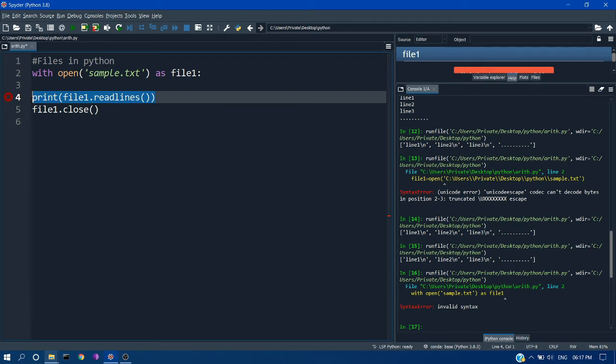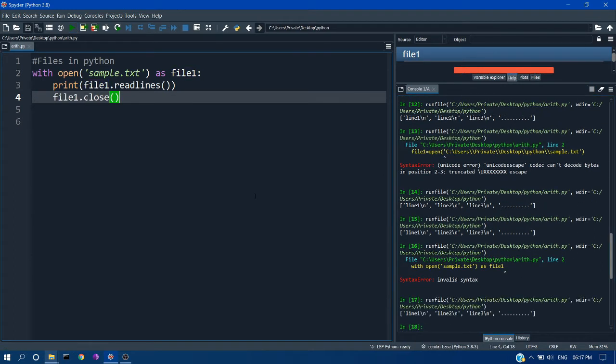It means you have to use indentation for reading and closing the file. This variable name will be within this indentation. So if you run this, you can get the result. In the open method, if you see, you can hit here.